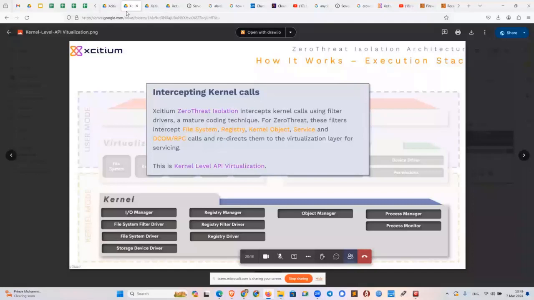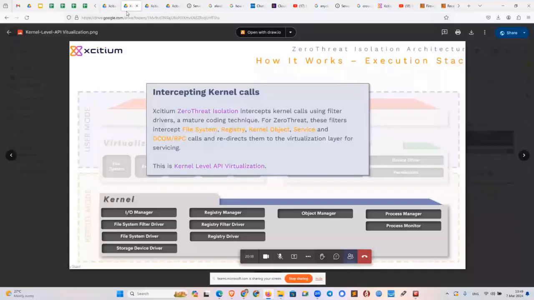It provides capabilities to your operating system at the kernel level, where we intercept any call that goes down to the kernel, and the kernel is the core of your operating system. It is ring zero, if you remember from the operating system courses. It's the one that manages all of your critical resources, everything that is needed to manage your hardware and your critical systems, whether it's the network driver or the IO manager or file system driver, everything that represents the actual core and heart of your operating system.